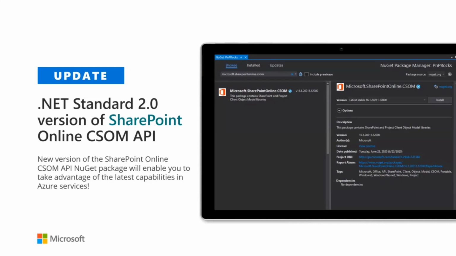Now, let me be super clear. Always use Microsoft Graph when possible, but if you hit a gap in the Microsoft Graph, which we have not yet addressed, then you can actually use the CSOM API to fall back. And really, this is going to help you build .NET Framework 3.x or .NET 5 versions of your solution. So you can really take advantage of the latest technologies when you are implementing things in SharePoint Online. But again, please use Microsoft Graph where possible, and fall back on CSOM where needed.